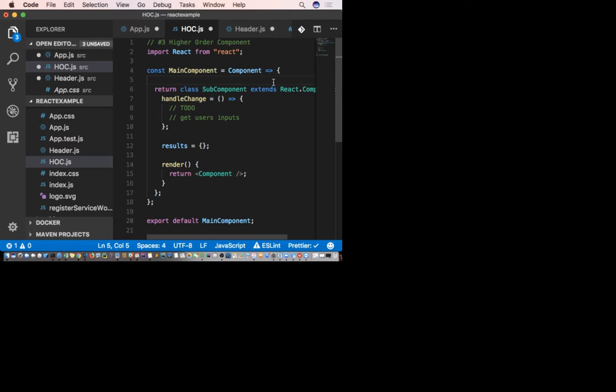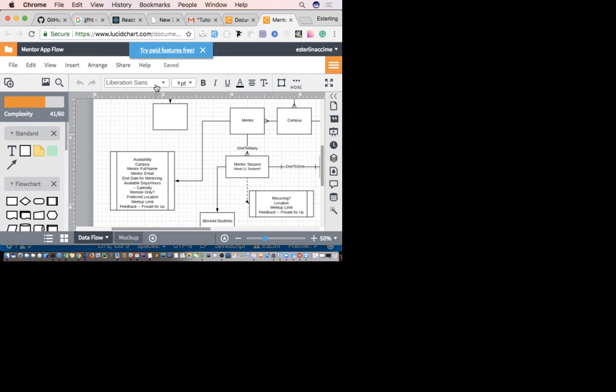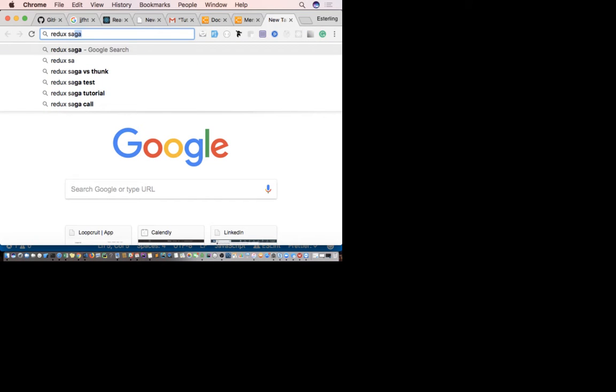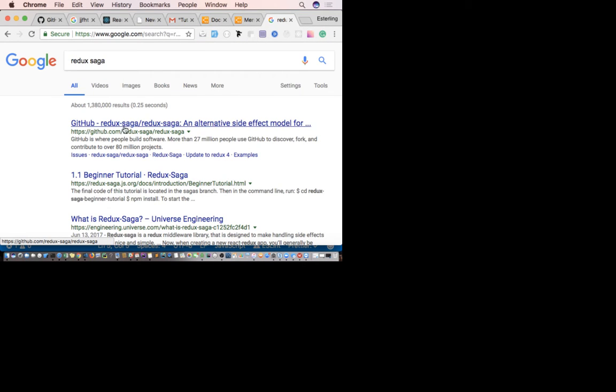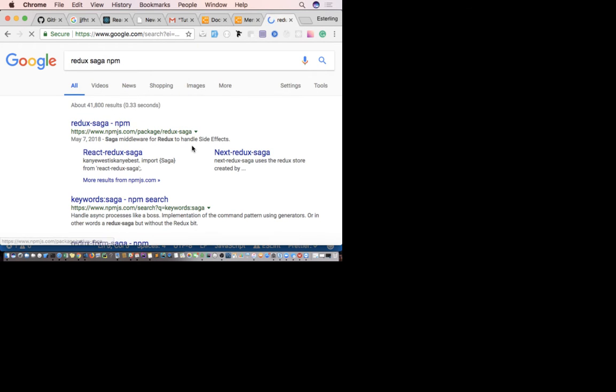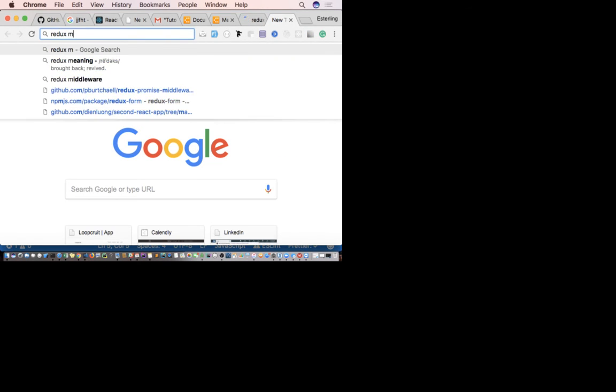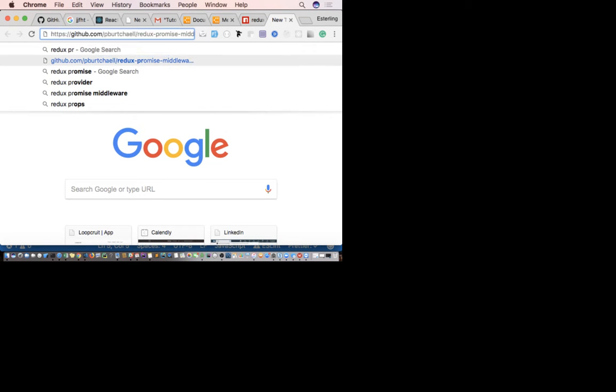There's another one that is popular, but not my favorite, and a lot of companies use it. I believe it's called Redux Saga. Saga or Sago, let me Google this one. There you go, Redux Saga, NPM. There you go. And then we've got Redux Promise Middleware.